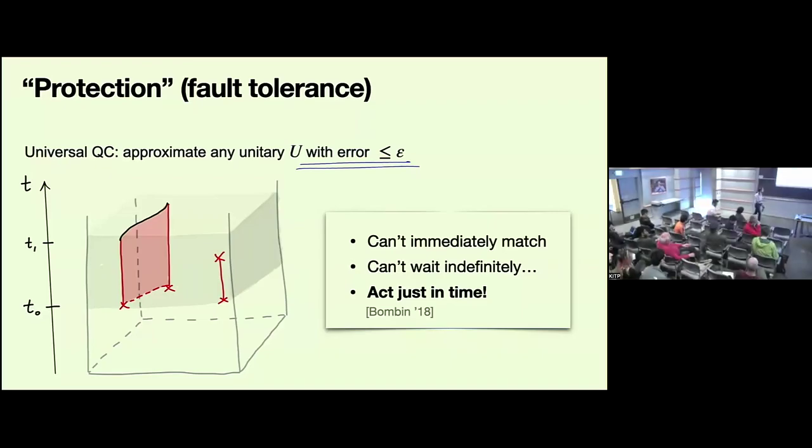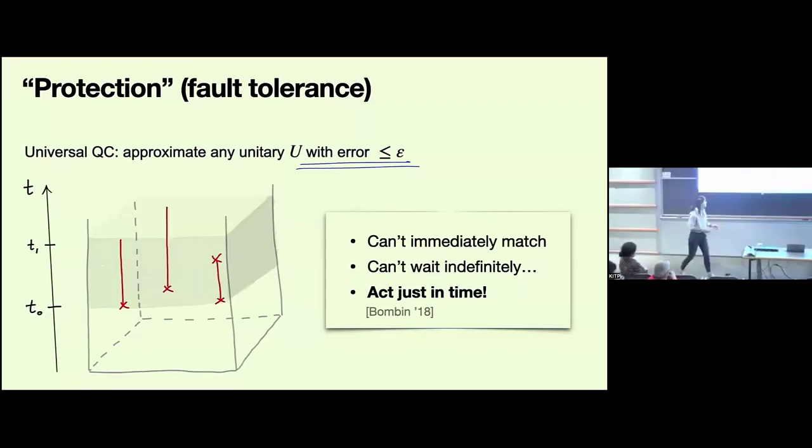Yeah, so I can't immediately match because in the presence of measurement errors, there are adversarial situations. Imagine your noise is local. That means operators that screw up your measurements and that screw up your system and introduce anyons are local. So imagine there is a small anyon string, and somewhere else on the other side of the system, there is a measurement error. There could actually be many of those that can occur with constant rates. And then you're supposed to make a decision about what to match. And you can't know which one is a measurement error and which one is the actual anyon. There's no way of telling.